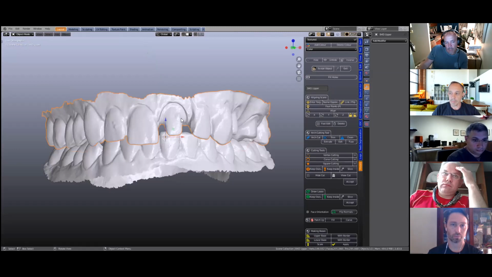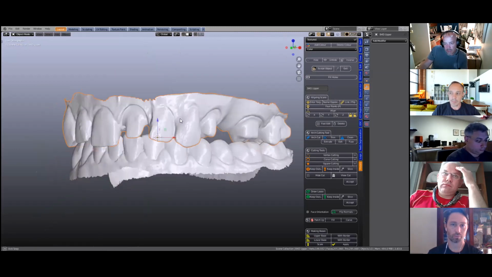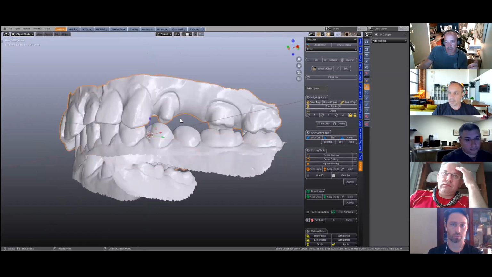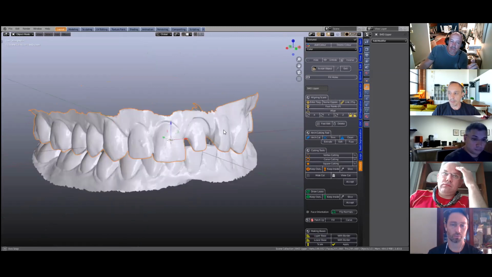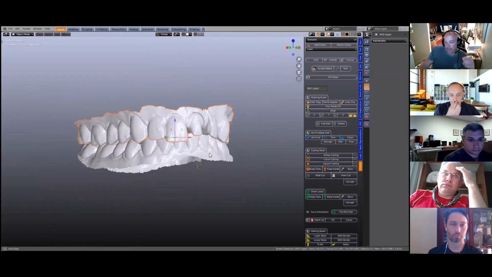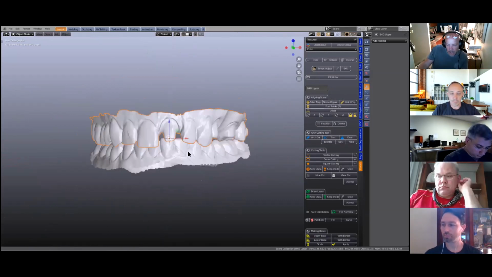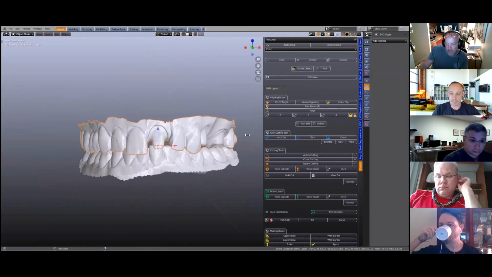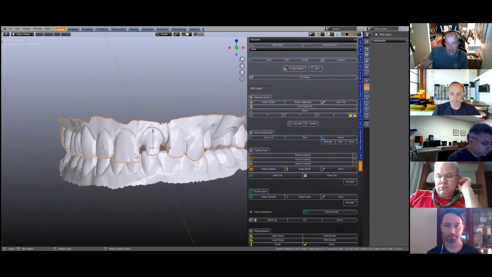Now, when we get scans in, often they've got little rips, tears and holes, and we need to plug them up and cut them and so on. Unfortunately, we don't have an automatic button where we just say, okay, here's a model, boom, finished. Sometimes they do need a bit of work. Maybe in the future we'll be able to do this. We have the arch cutting tool. We've got a few cutting tools,